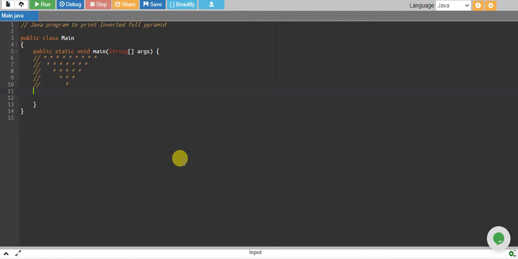In this tutorial, we will write a Java program to print inverted full pyramid. In last tutorial, we printed a full pyramid, and in this tutorial, we have to print inverted full pyramid. And this is actually the picture of the inverted full pyramid. So we'll be using almost the same type of code with a minor alteration in the code, because